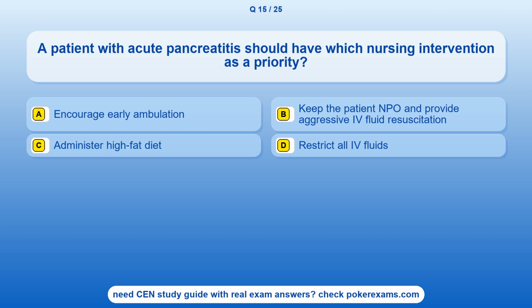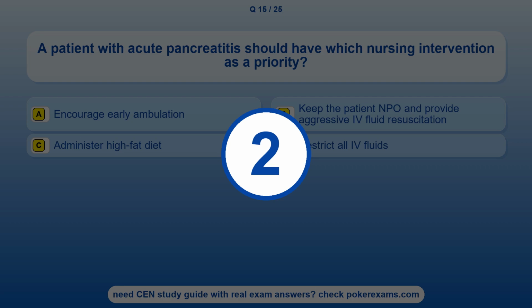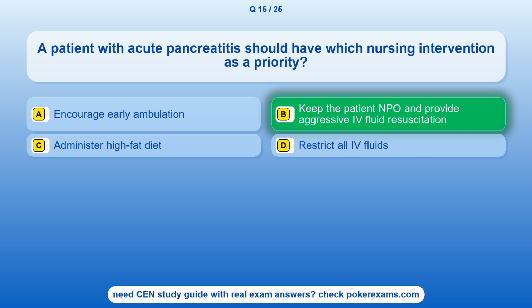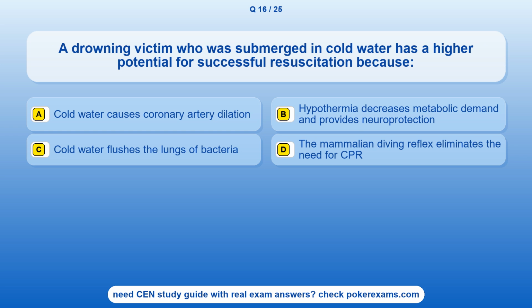Option C. Administer high-fat diet. Option D. Restrict all IV fluids. The correct answer is option B. Keep the patient NPO and provide aggressive fluid resuscitation. Question 16. A drowning victim who was submerged in cold water has a higher potential for successful resuscitation because